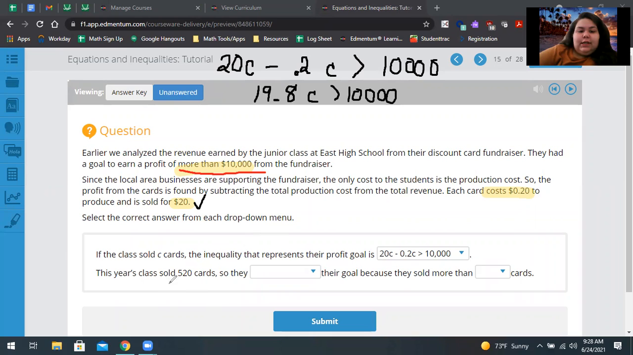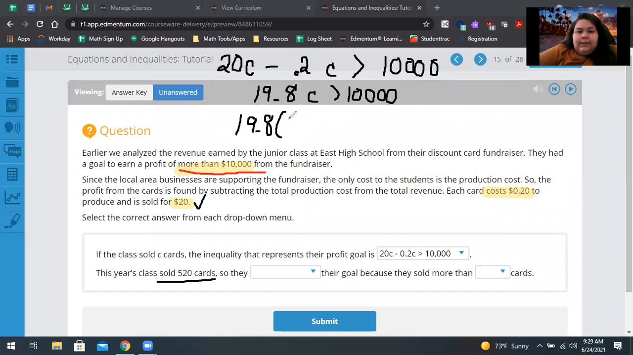It says that this year's class sold 520 cards. So they actually gave us our C value. Let's go ahead and plug in our C value to see if that does generate more than 10,000. You're going to solve by plugging in, instead of C, you're going to replace it with 520. So you'll have